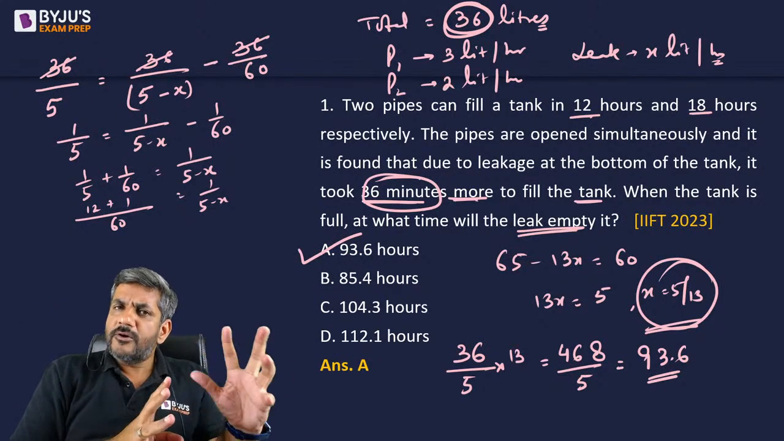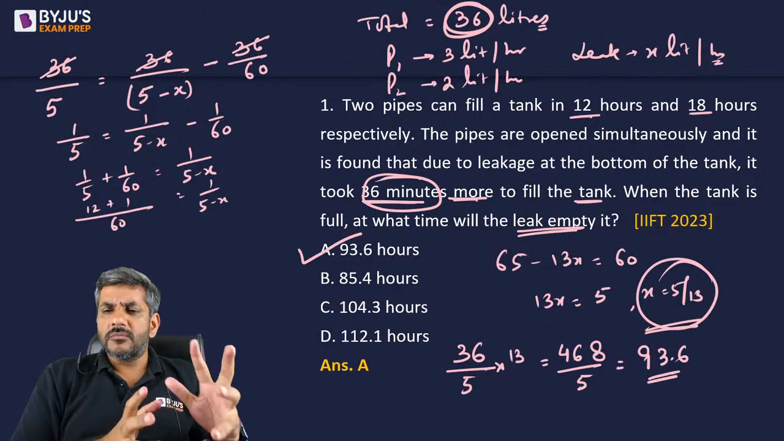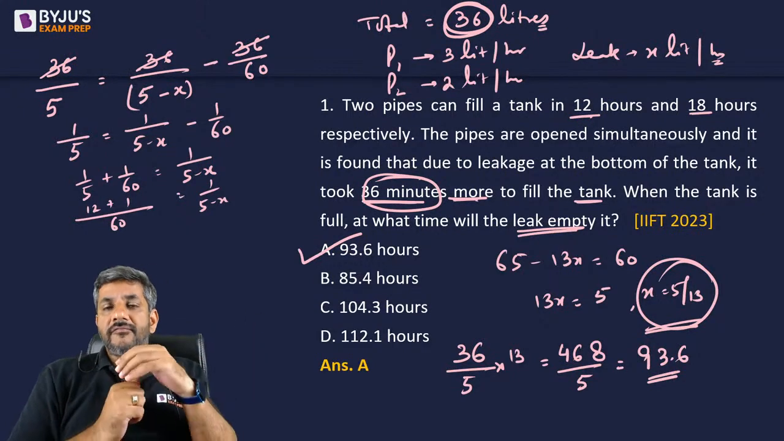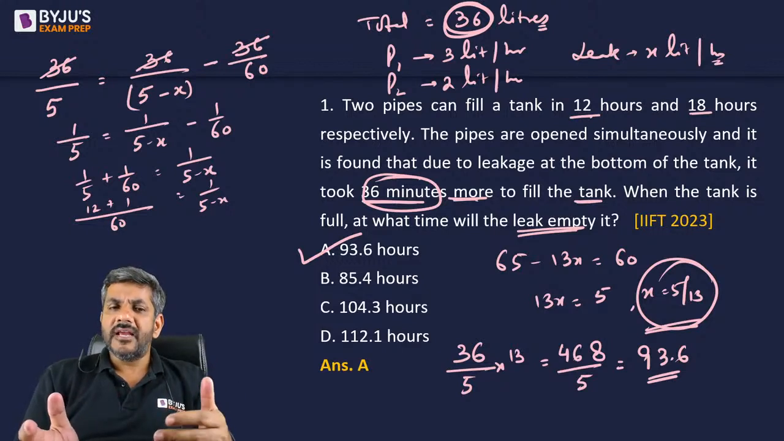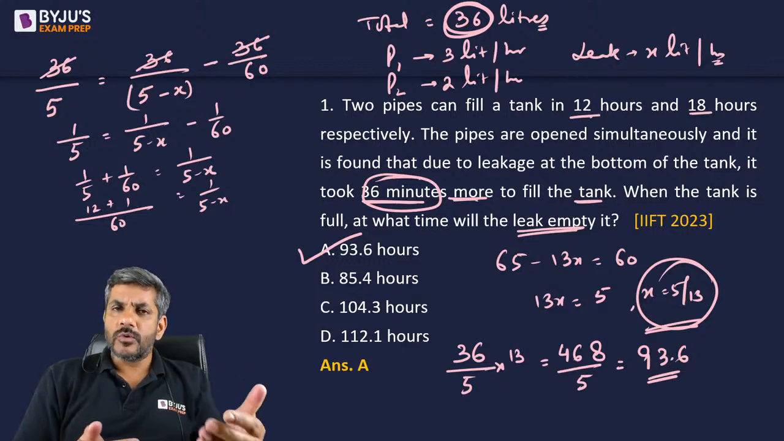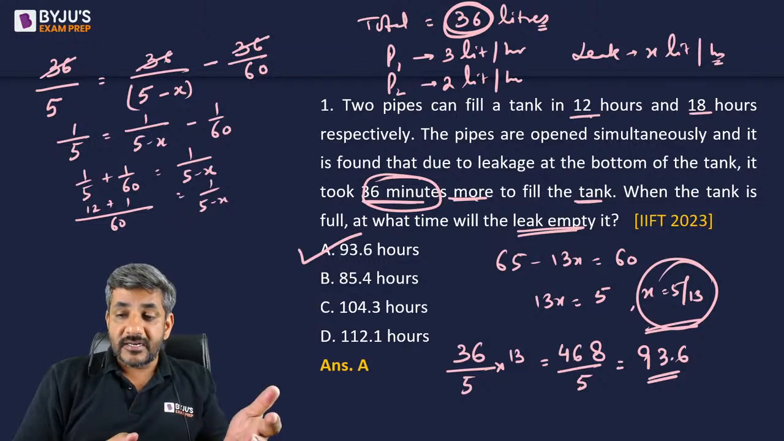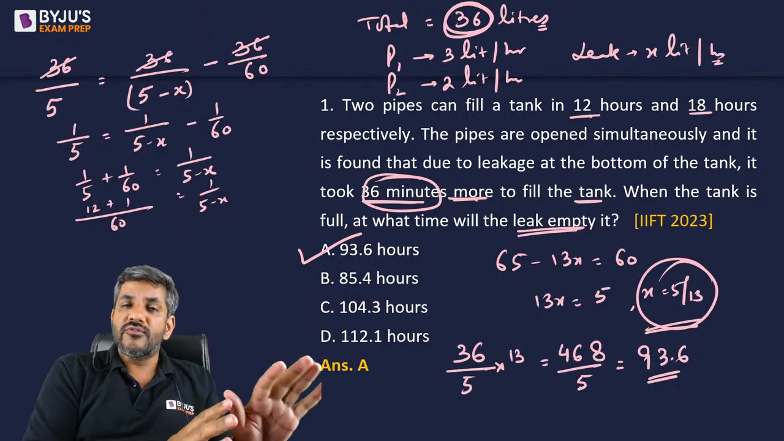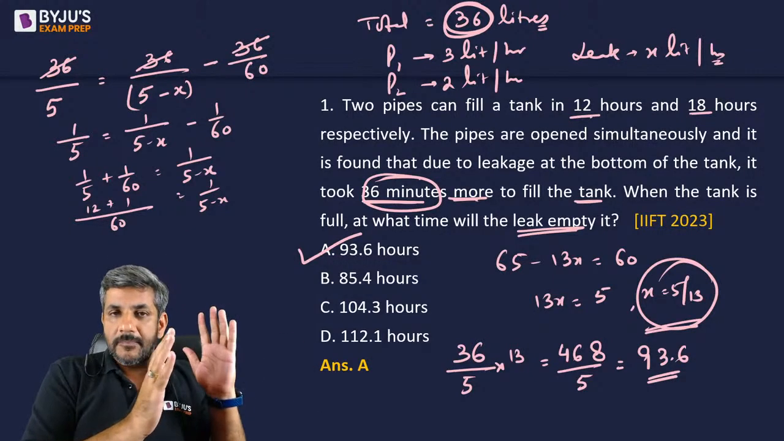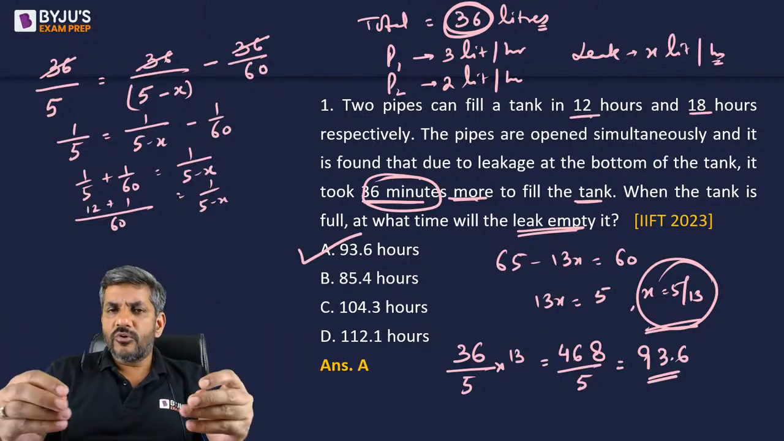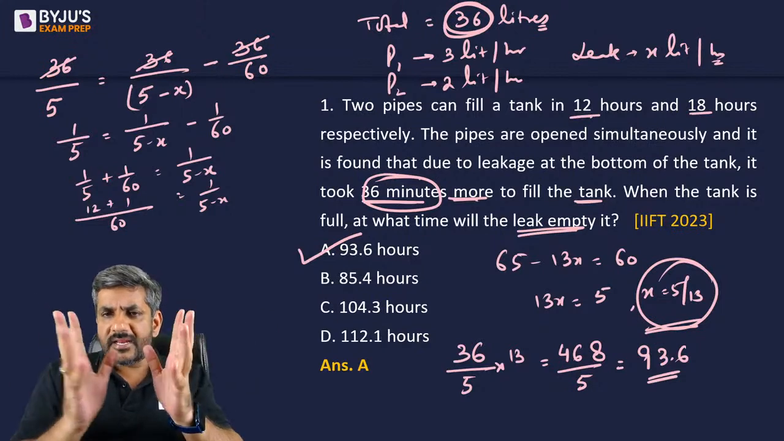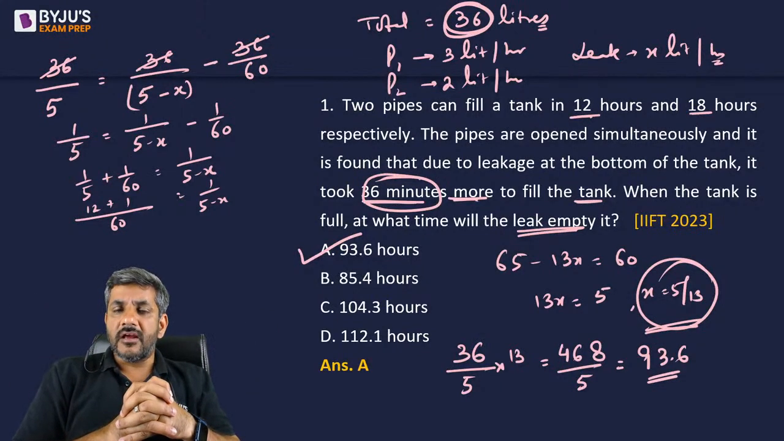They would generally not give you numbers in which we have so many fractions involved. CAT does not do it. But somehow IIFT has a knack of doing it. They always give you questions which are very calculation intensive, whereas CAT is more focused upon checking your concept. They say that, okay, if you have made equations properly, you know how to take the LCM and get the capacity or efficiency of the two pipes,